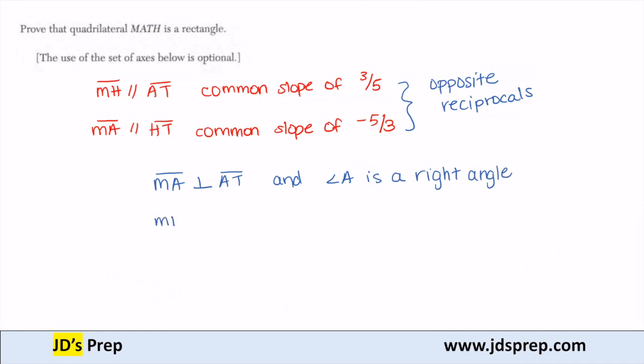Similarly, MH is perpendicular to HT, and angle H is a right angle. So because MATH is a rectangle, right, meaning it has a right angle and it's a parallelogram,